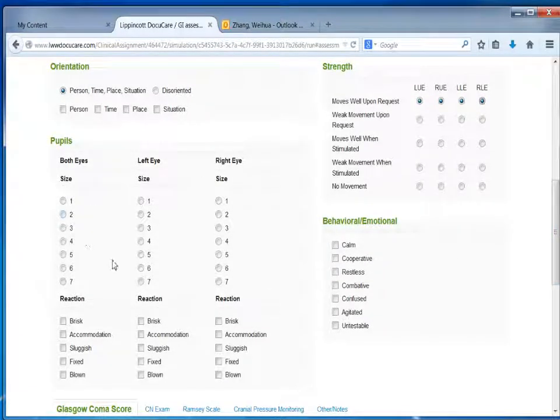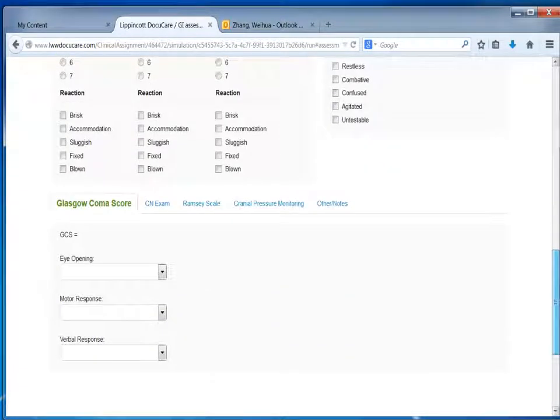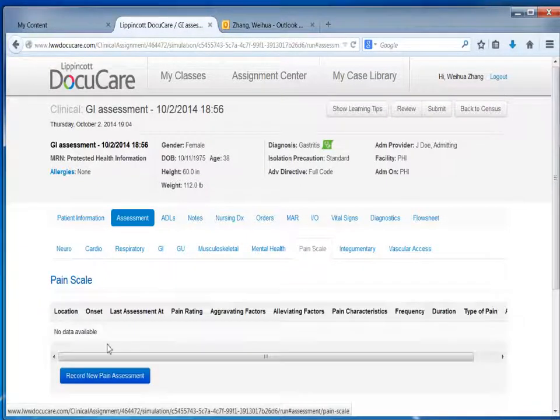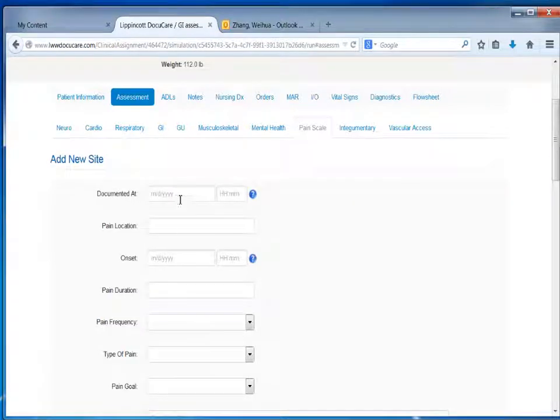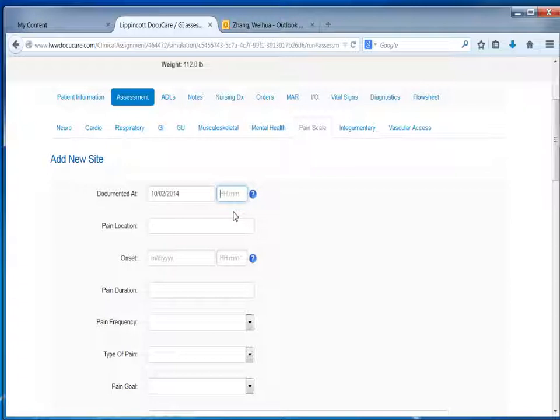They have not yet done pupils, so I'm going to leave it right here. This is a pain scale because the patient also has pain. So you want to record a new pain assessment. You say it's 1900,